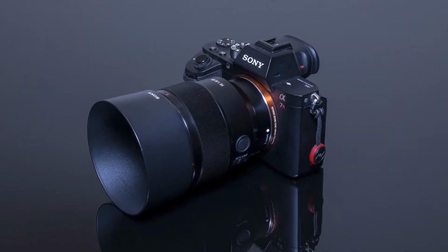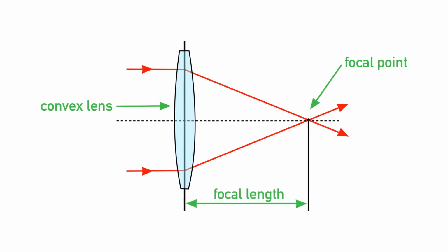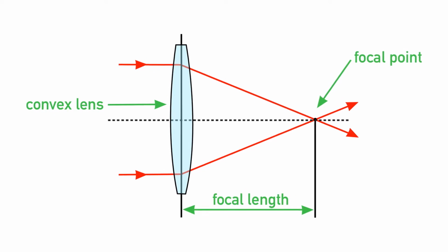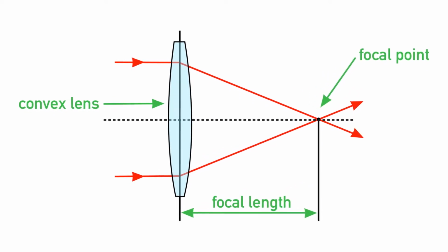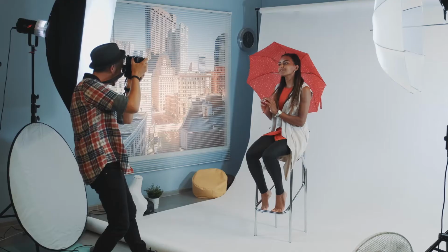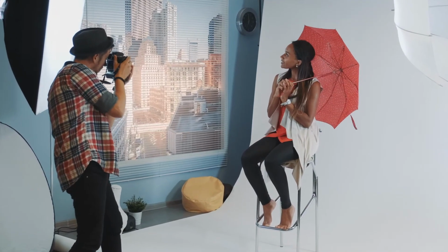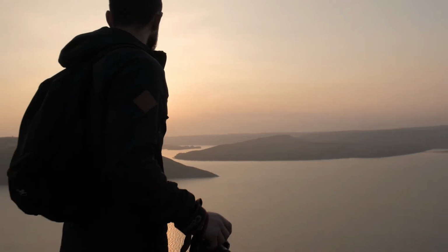Generally, lenses are categorized in terms of focal length. That's the measurement in millimeters of the distance between the center of the lens and the camera sensor. Now, the math can get rather intricate and hard to follow, but what's important is understanding how to associate certain focal lengths with certain types of photos. For instance, 85 millimeters is generally a great lens for shooting portraits, and 24 millimeters is a great lens for